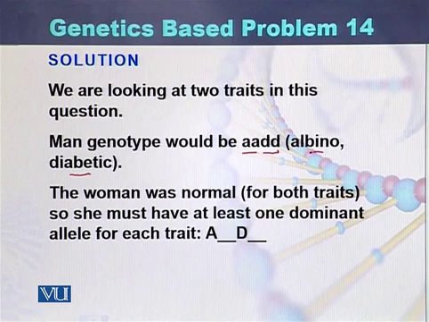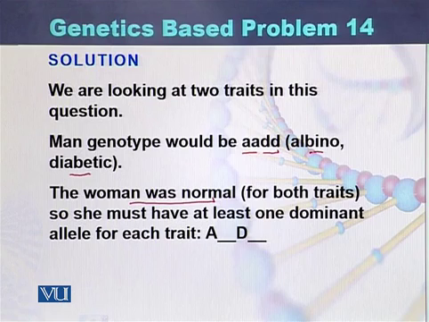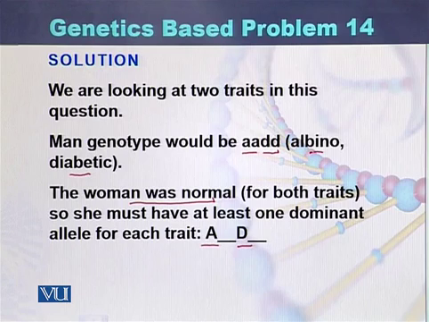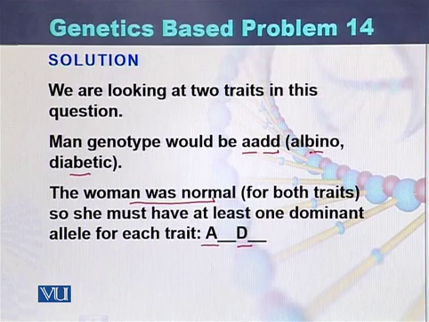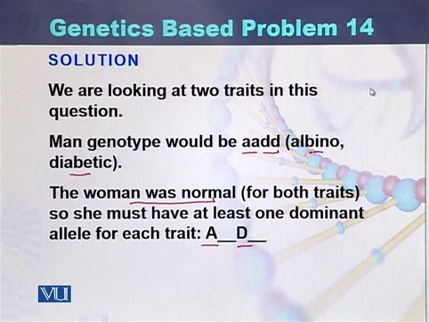In the case of the woman, because she was normal for both traits, she must have at least one dominant allele for skin color and for diabetes. The man has both conditions, so he is recessive for both alleles, while the woman is normal, so she has at least one dominant allele for both traits. So based on this information,